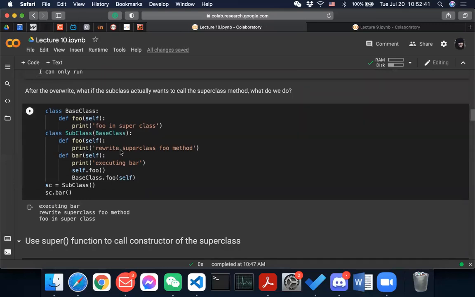So this example here is saying that you have a base class, then you have a function called full, and then you just print "full in superclass", right? And then you can have a subclass and full, and then you just print "rewriting superclass full method", and then you can have a function called bar, right? And then you can call self.full, and then you can call base class dot full, and then you need to also provide